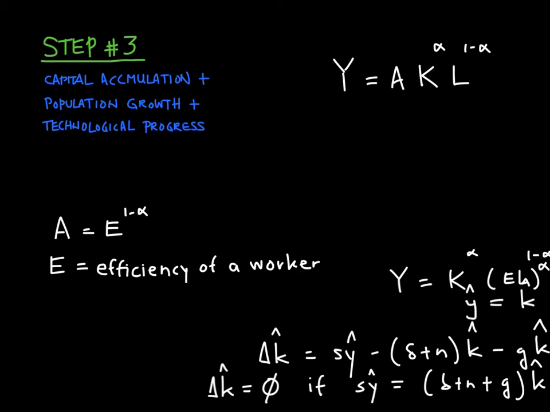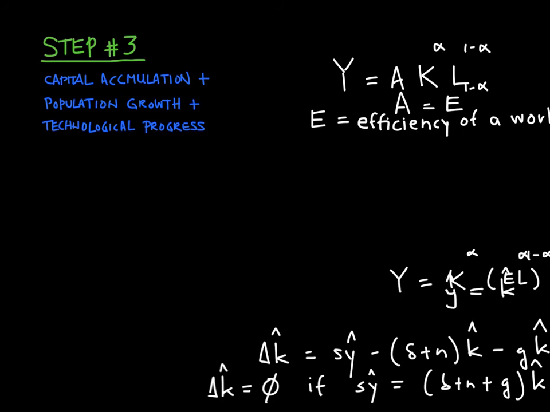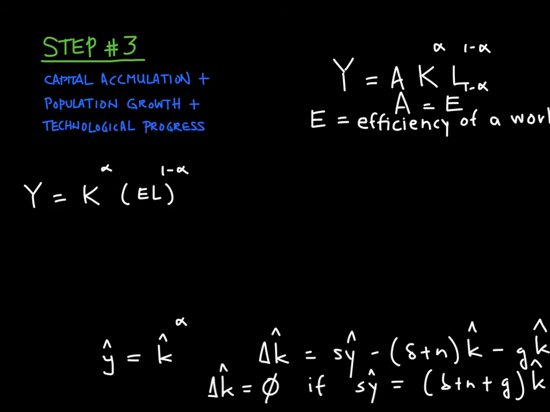All right, so what we do here is just put E into there and we rearrange, and if we do that, we get this expression of our production function. And then we just do what we did with labor. So this is constant returns to scale, so we can multiply these factors by any factor x. If we let x equal 1 divided by E times L, we get that